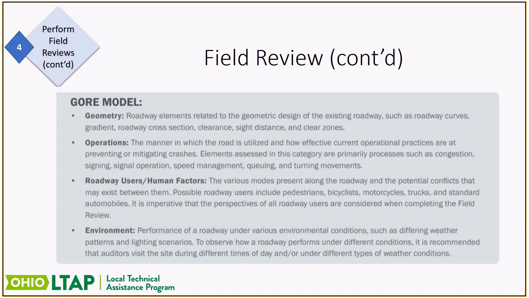You're out doing the field review, there's 4 big categories that we encourage the team to look at. The first one being the geometry of the roadway, obviously your curves, sight distance, things like that. Another is operations. Look to see how the road is actually being used. When the road was set up and the last time it was looked at might be very different from what's going on now. Maybe you've got a business that's open where an old one had closed down and there just wasn't traffic there before, and now there is. Those are important things to look at.